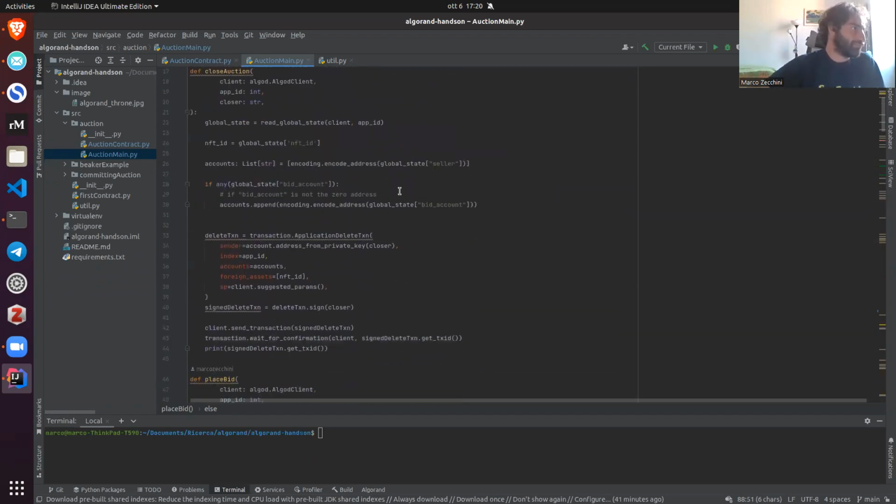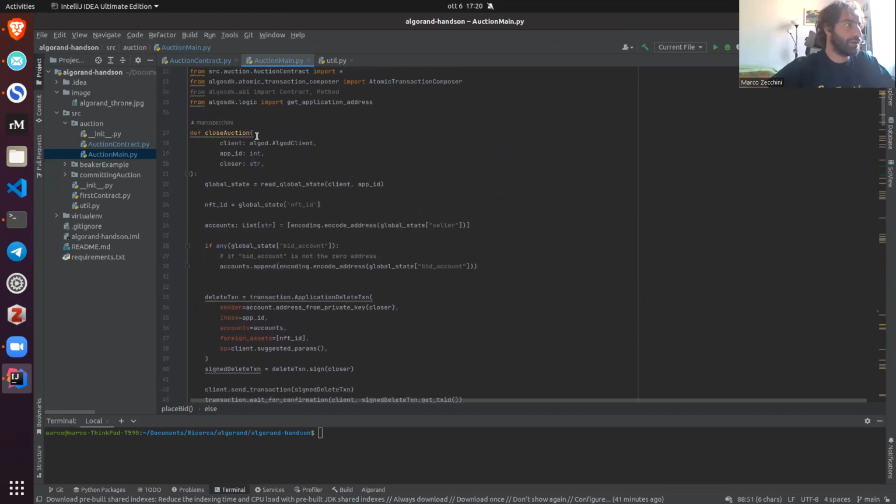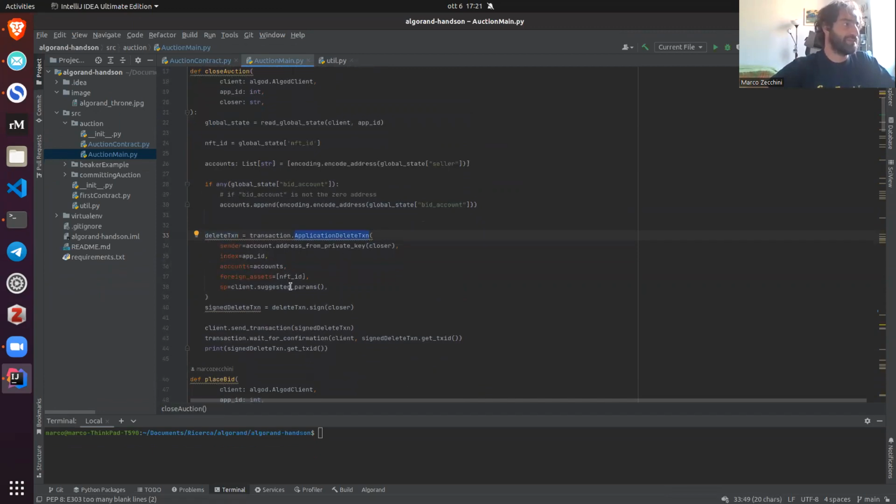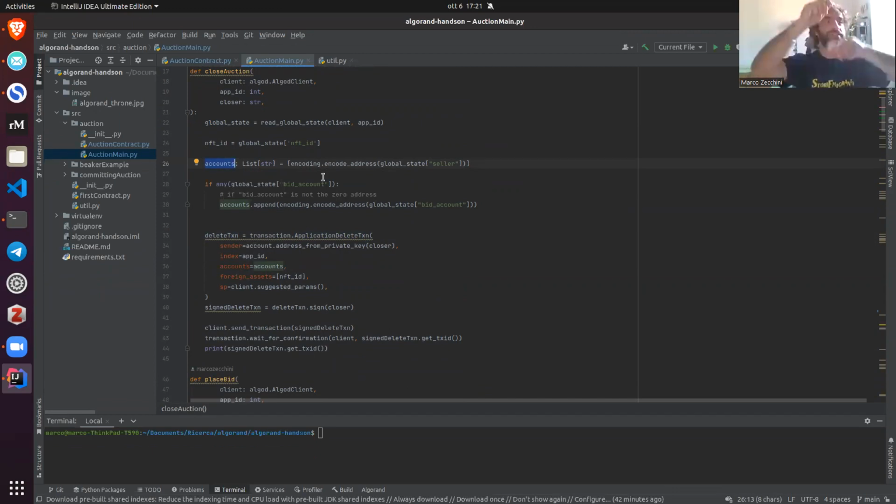And yeah, so the last operation is the closure of the auction. For closing the auction, we are creating a delete application transaction, specifying which are the accounts that are interested from these applications. So the ones that are somehow accessed by the smart contract, and which is the NFT, so